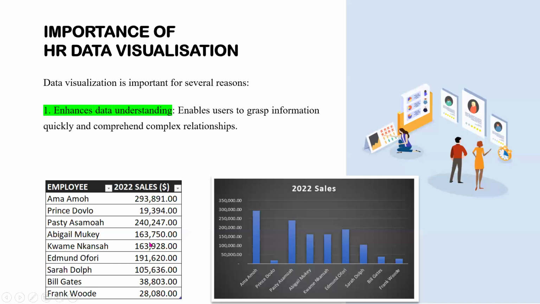But if I give you raw figures like this, let's say we have about 500 of them, it now becomes very difficult for you to describe the data well or tell which one is the highest, the lowest, or what the outliers in this data are. It's going to be a problem. So that is what makes it important for us to visualize our data. When you visualize your data, it makes it very easy and quite fast for people to understand what is happening in the data.